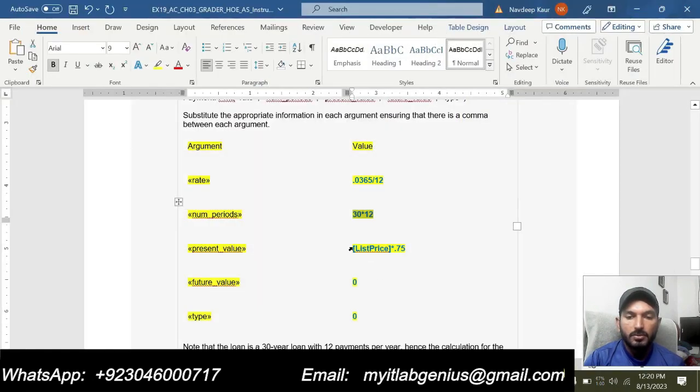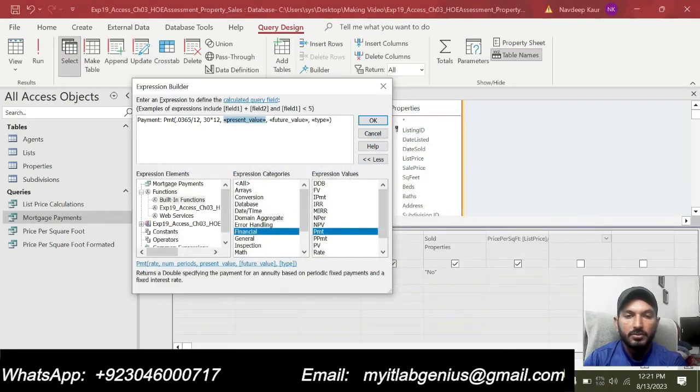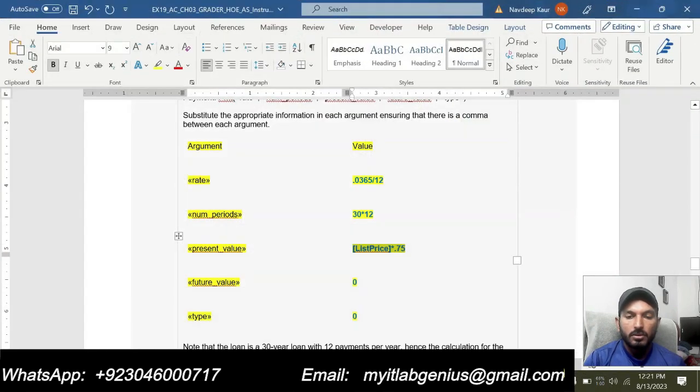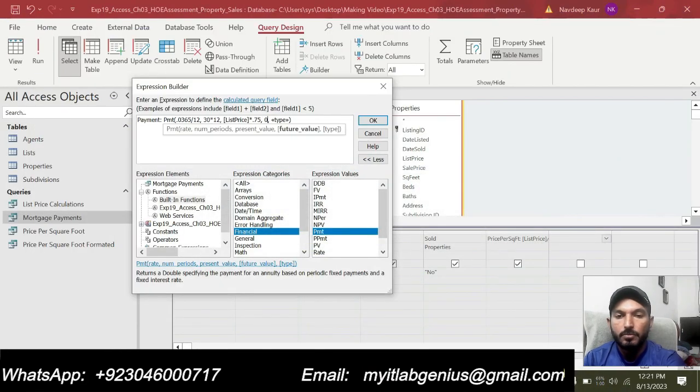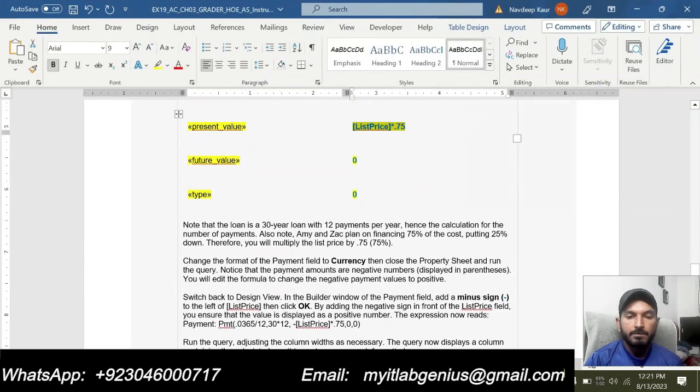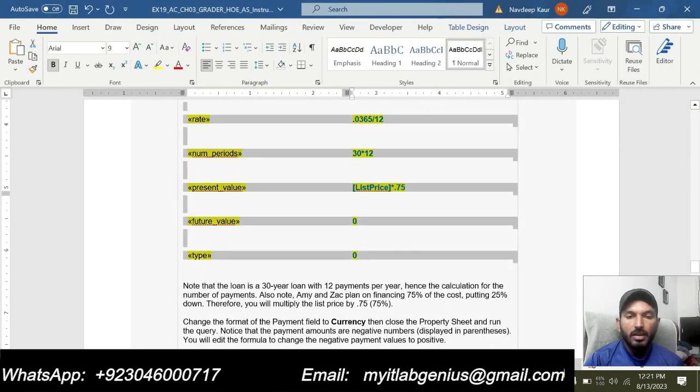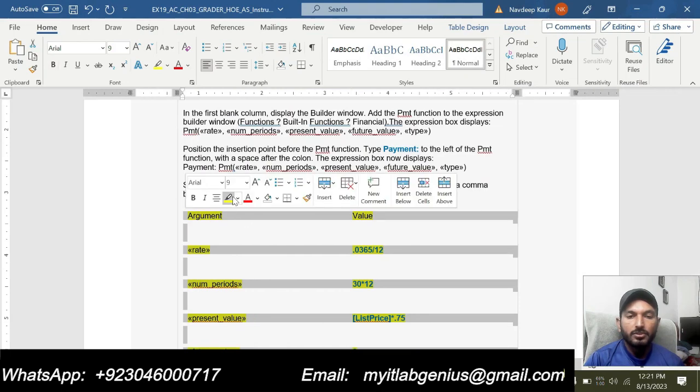Then this one, the payment value, list price multiplied by 0.75, present value. Then the future value 0 and type is 0. Future value should be 0 and type should be 0. So we have entered the values for this function.